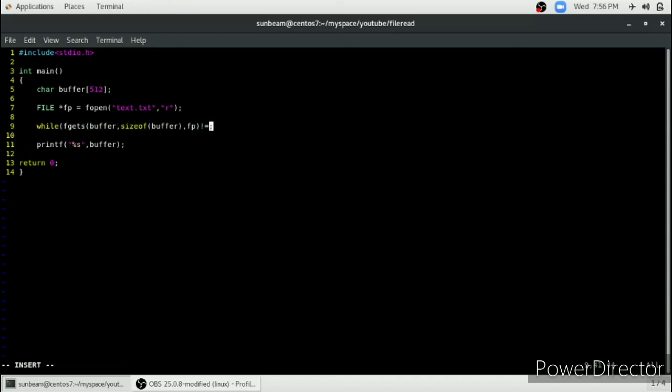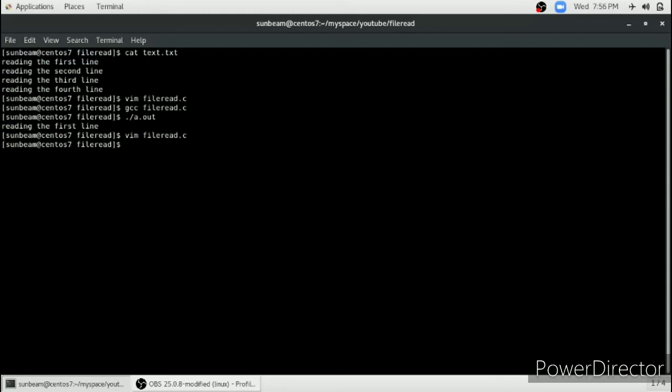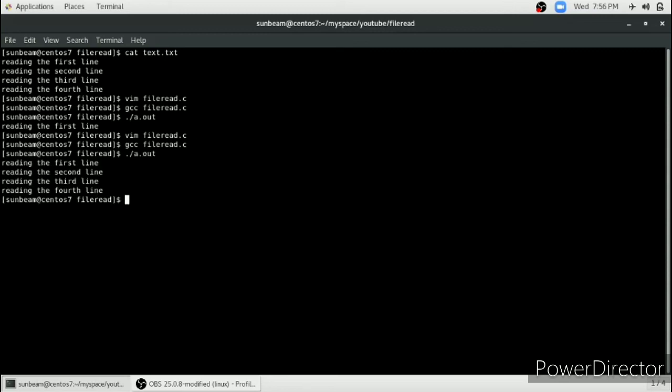So we have to read until fgets returns null, and we have to print this. After improving our code, we will compile it again and then run it. Here you can see we have read the whole file using C programming language.